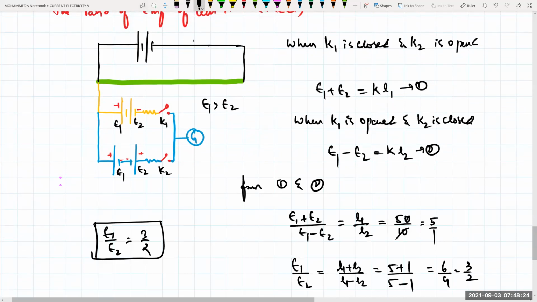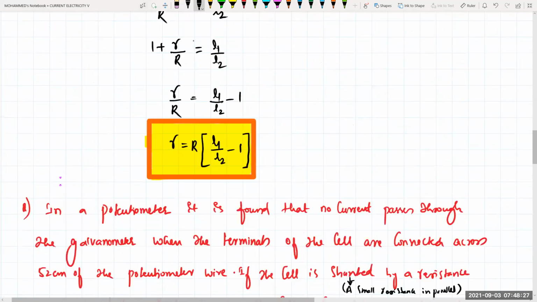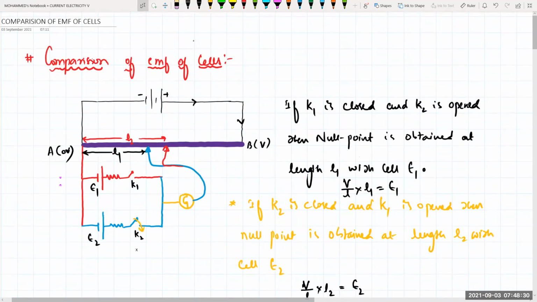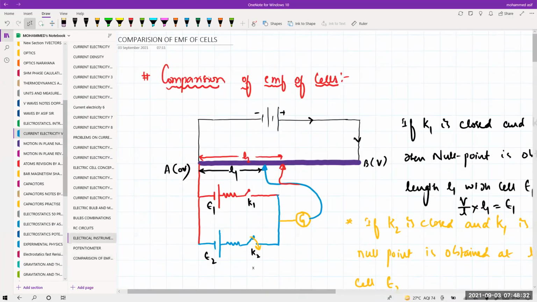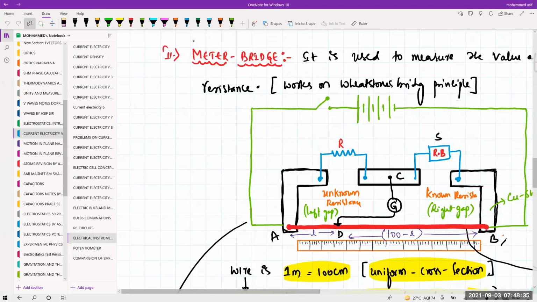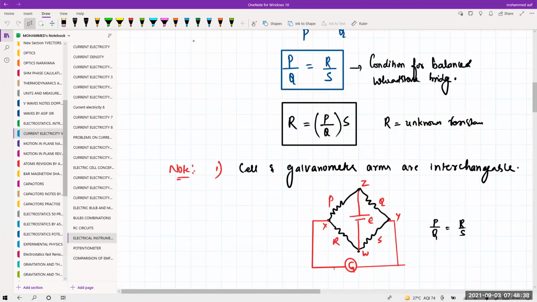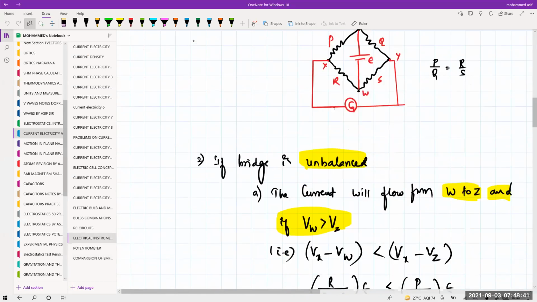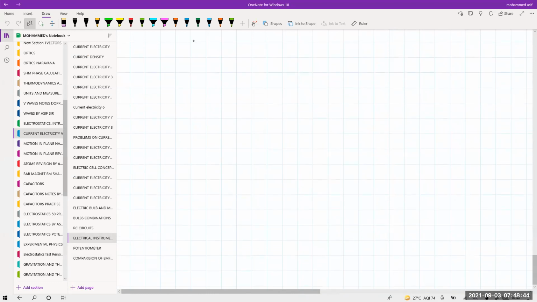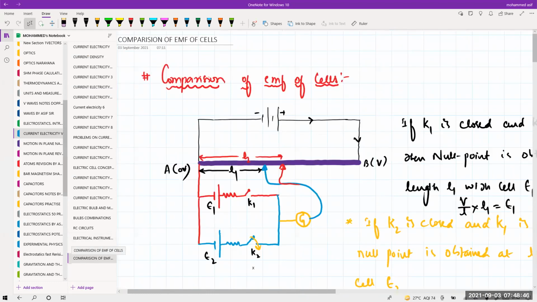So by this we have completed potentiometer, beta, and I think we are done with the meter bridge. No, we left out that one. In electrical instruments, we have completed Wheatstone bridge. Meter bridge also we did. Wheatstone bridge is also done, and we are done with potentiometer and the comparison of EMF. Complete potentiometer has been completed, beta. We will be having the conversion of galvanometer into ammeter and voltmeter. That we will be doing in the magnetic effects of current after going through the topic of moving coil galvanometer, okay, beta.